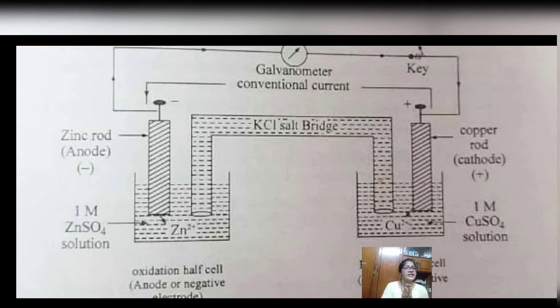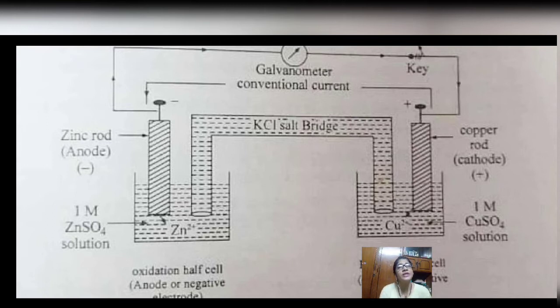Why is it so? It is supposed to ideally flow electricity in the opposite direction to which the electron is flowing, but it is not doing the same. Why? There are some reasons. The reason being, Zn continuously is getting converted to Zn2+, releasing 2 electrons. So surrounding the Zn electrode, the zinc metallic rod, there will be a number of Zn2+ ions. And surrounding the copper electrode, there will be a number of electrons.